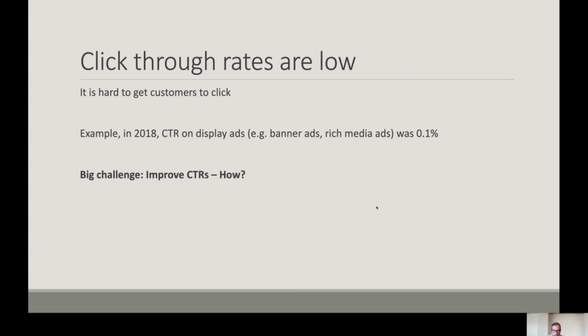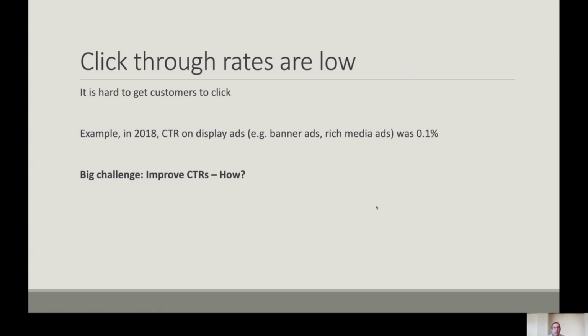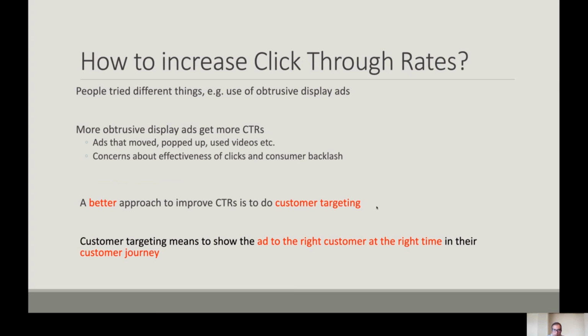So then the big challenge has always been to improve the click-through rates for display ads. And so the question is how to do that. In the past, people actually tried different things. One very interesting way to try to improve the click-through rate on display ads was to use obtrusive ads. And this is something that people even try today, although the usage of this kind of ads is on the decline. These are the kind of ads that float up and over a particular website content area, and